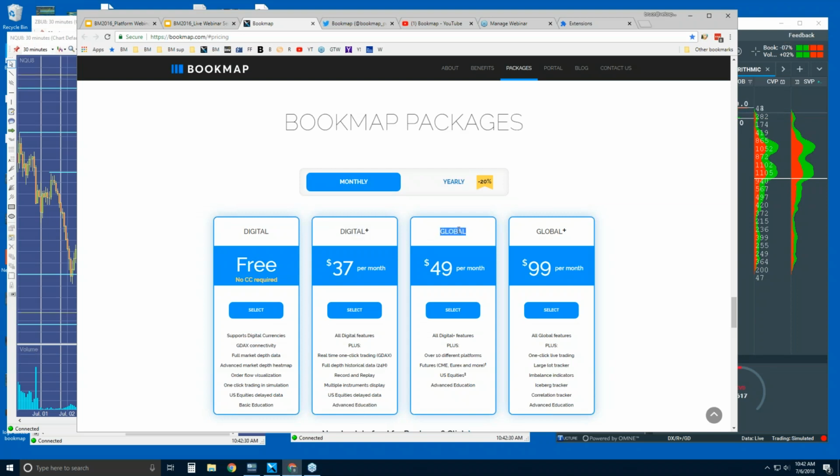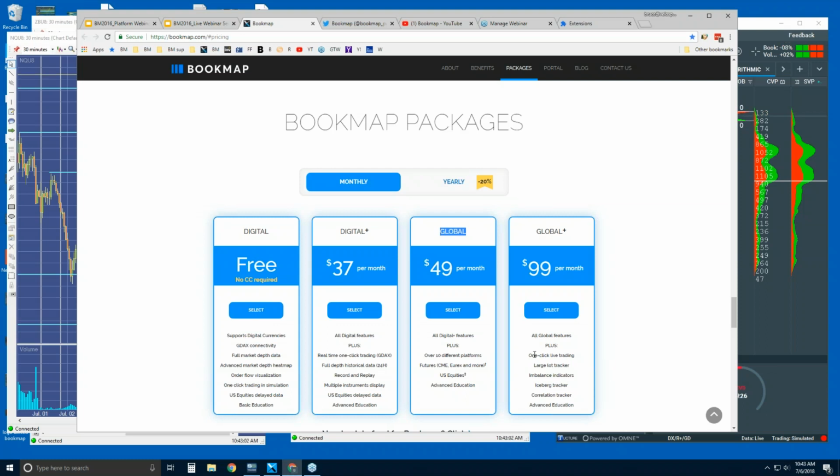Now, the global version, this will encompass all markets. You get everything in Digital Plus, but you also have the capability to connect to futures and US equities. Okay, that's why you'll need the global version, to be able to connect to those two different market types, but you will need to provide the data for them. Okay, and then the Global Plus version, what you get here is it's all inclusive of Global and Digital Plus,